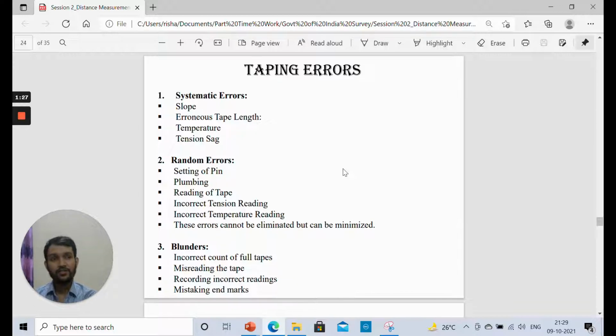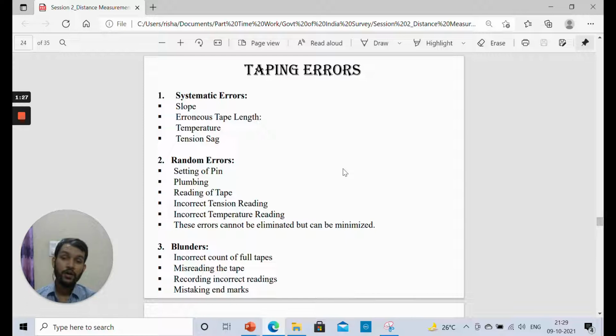Okay, if you feel that an error is occurring, you always need to verify your results after you have taken the count. So these errors can be eliminated by verification, and at times the same person who has conducted the survey, if he conducts the verification, finds it difficult to locate a few errors. So in important site projects, another person is appointed to conduct the verification of results, or from the same crew another person can conduct the verification of results.